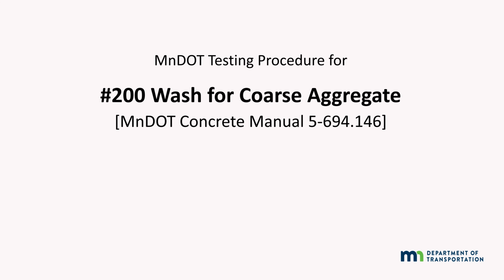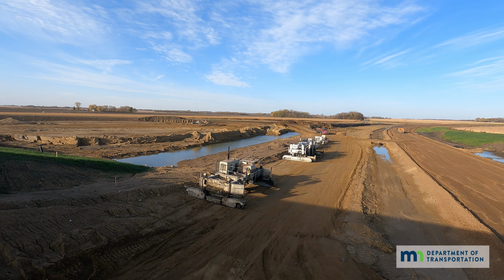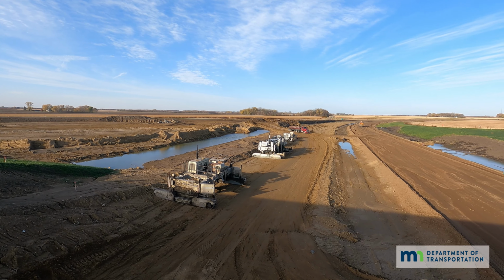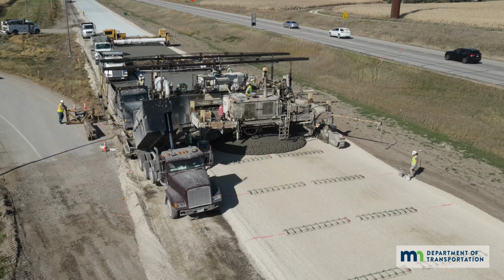The number 200 wash for coarse aggregates test procedure, described in Section 5-694.146 of the MnDOT Concrete Manual, determines the amount of material finer than the number 200 sieve on coarse aggregates or the material retained on a number 4 sieve. This test procedure is used for determination of aggregate quality of grading materials and materials incorporated into concrete or bituminous